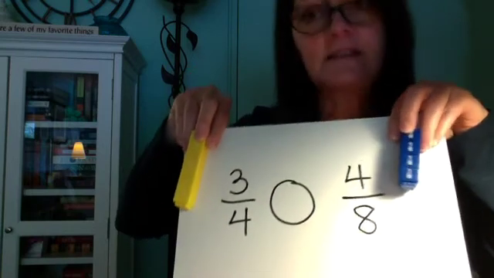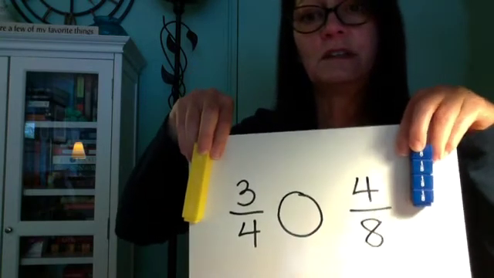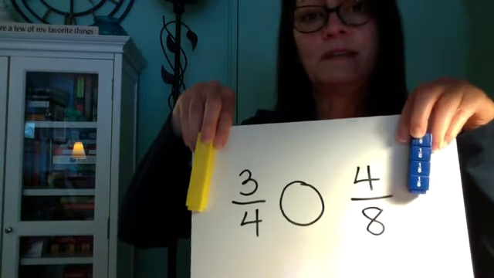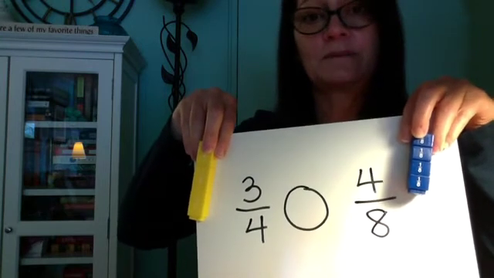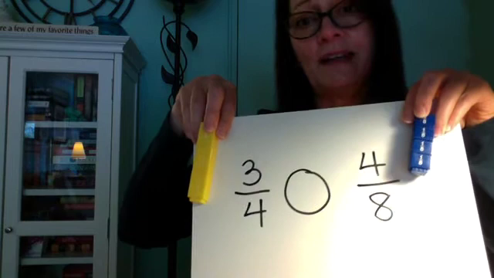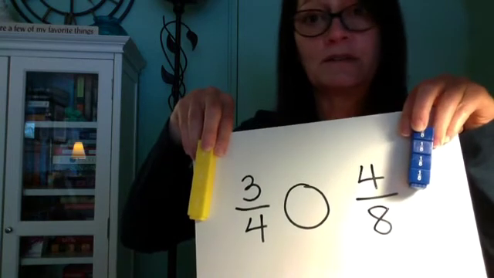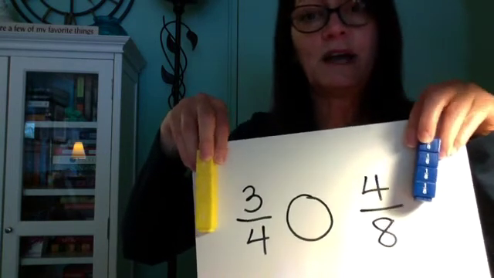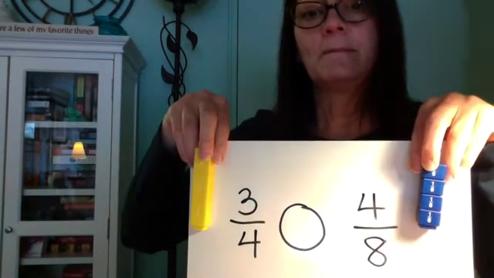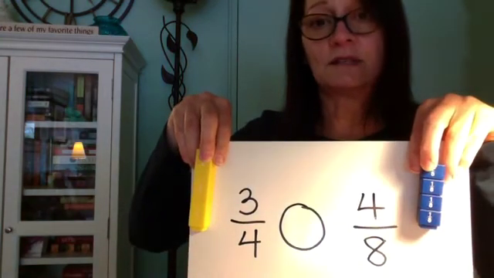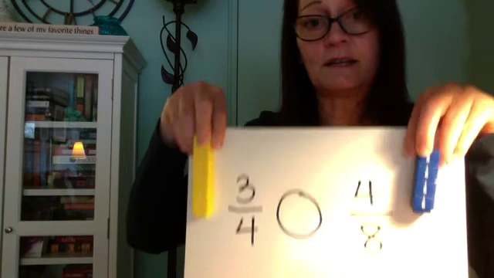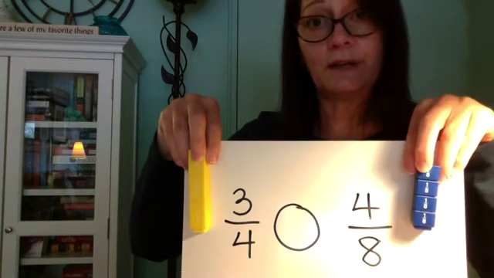The eighths, on the other hand, are smaller because you're taking that one whole piece and breaking it into 8 parts. So even though you see a big number 8 there, that doesn't mean they're bigger pieces or it's a bigger fraction. You have to try to make them the same size. So the way to make these the same size would be to multiply, right? So you can multiply